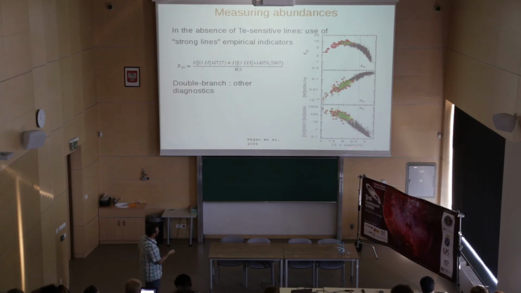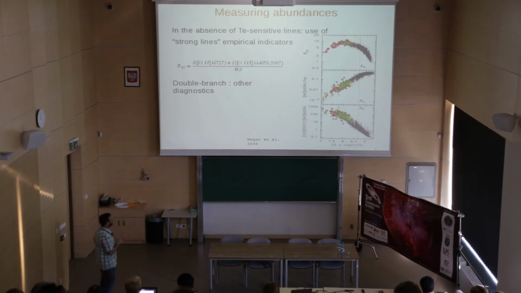You derive the proper metallicity, and then you can compare this indicator to this actual metallicity, and you find some relation. So here it's obvious that if you have a good idea of the abundance of your galaxy and you think it's high metallicity, you will be able to determine it with that. But you can see that there is a double branch, so it's degenerate for some values. So other